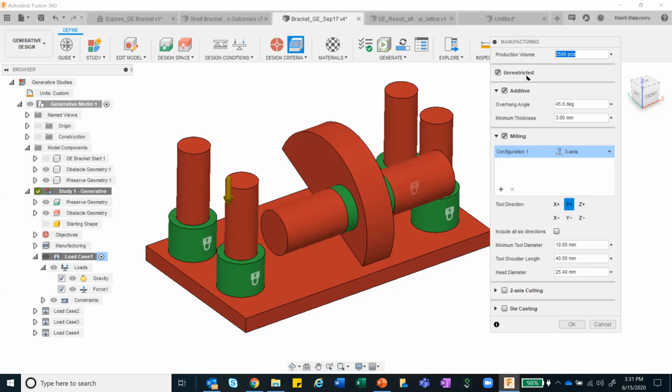It just uses biomimicry and starts defining the shape of it. Or if you are looking at additive manufacturing, you can go ahead and define that. If you know the overhang angle and the minimum thickness, you can define that. As I said earlier, it is also used for different types of milling operations, be it 3 axis, be it 5 axis, or even 2.5 axis.